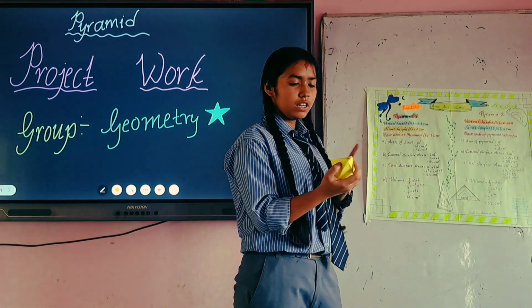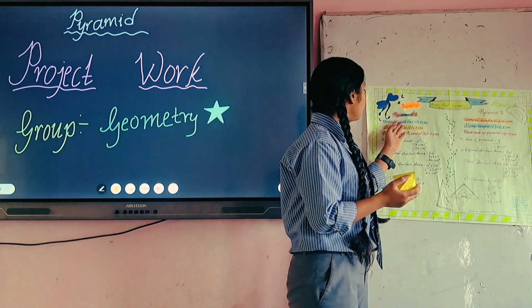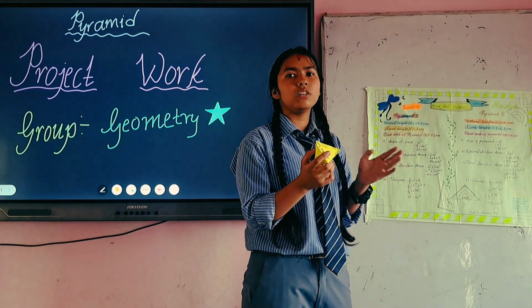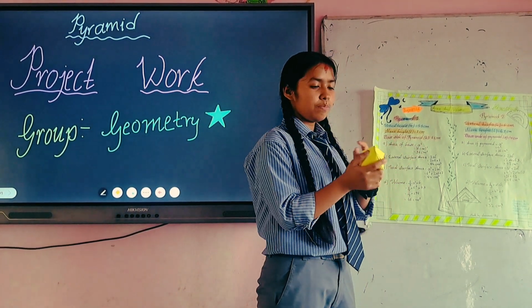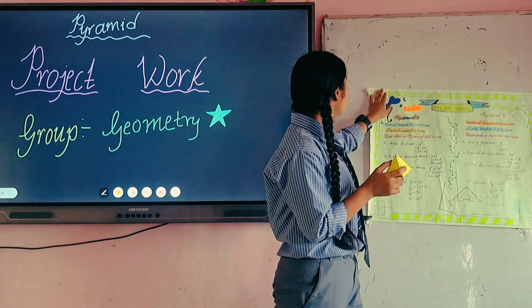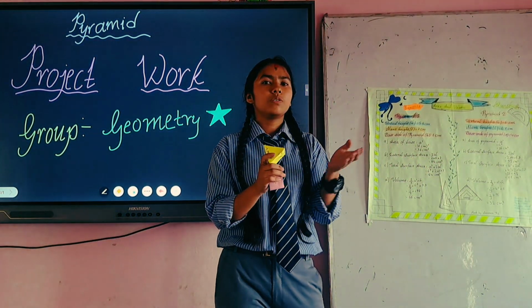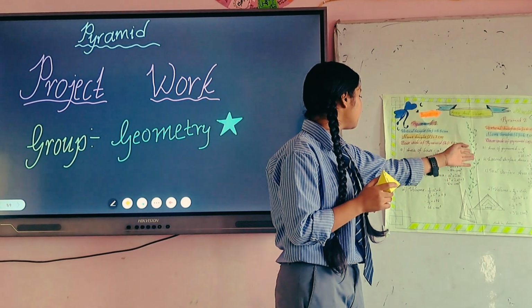According to the first pyramid, its vertical height, denoted by H, is 5.5 cm, and slant height, denoted by L, is 7 cm. The base side of the pyramid, denoted by B, is 6 cm. And we derived the base side of the pyramid, denoted by A, is equal to 6 cm.